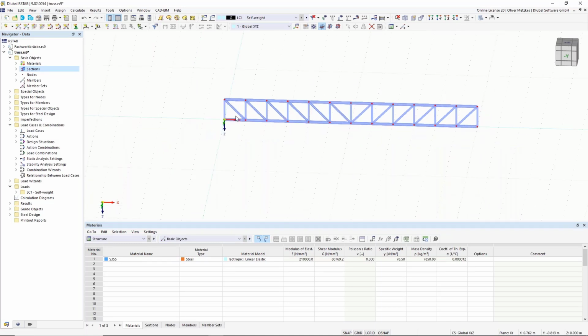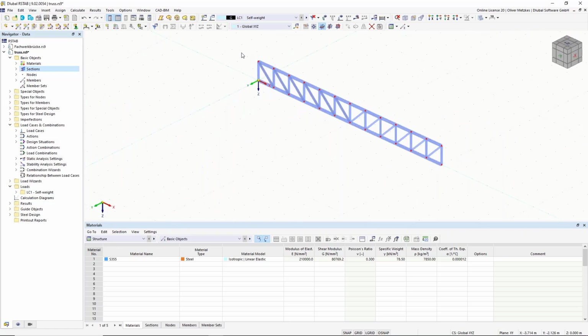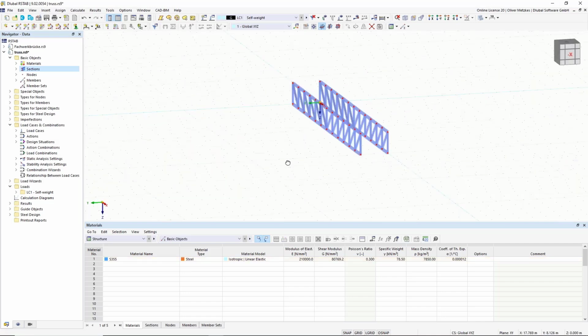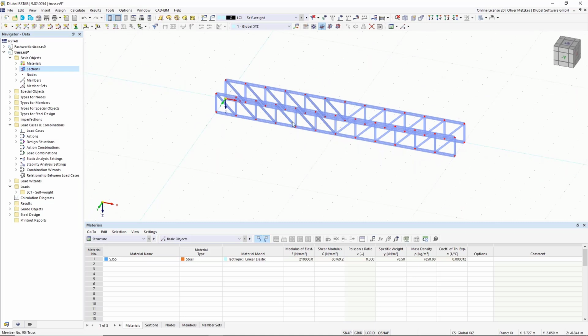And now I want to copy it again to have the second half, and I will do it again by using drag and drop, because I know that the grid points in this direction are spaced every 1 meter. So as I want to have 2 meters of width, I can simply pick it again, use the second grid point here, and pressing Control key, then I can release it and it's copied again. Okay, so now I have my two truss girders here,